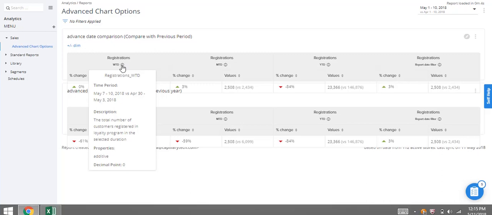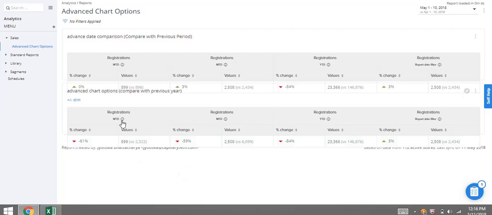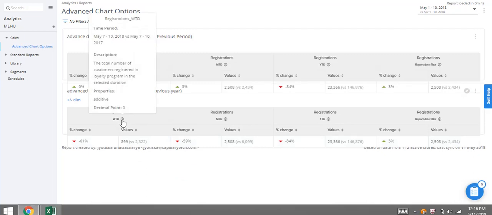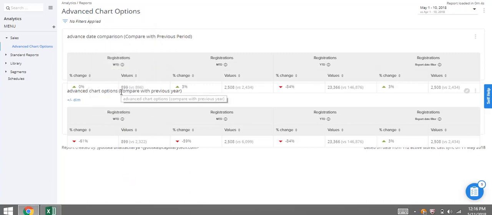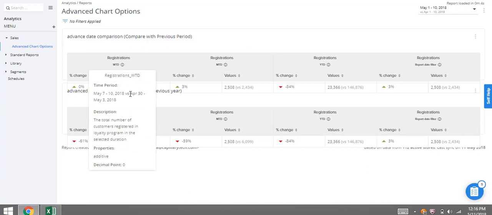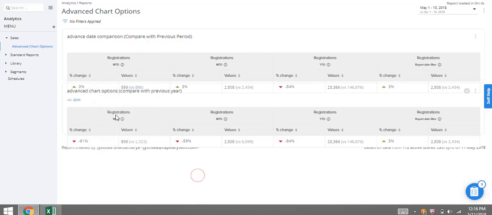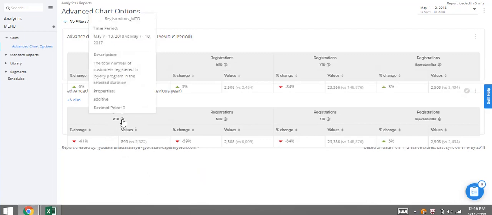That means even if you have given a month till date comparison on your top right side at report level, the chart will override that and compare with the most appropriate duration. So here, the time duration May 7th to May 10th was taken as week till date versus April 30th to April 3rd. If I go here and see, it is May 7th to May 10th 2017. Now what is the difference here? If you see, this is compare with previous year and this is compare with previous period. Hence this is happening. Since it is compare with previous period, it is comparing the week immediately before the current week. And since this is previous year, it is comparing the same week last year.